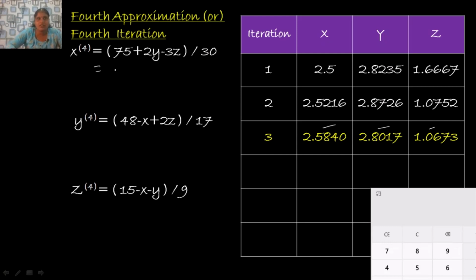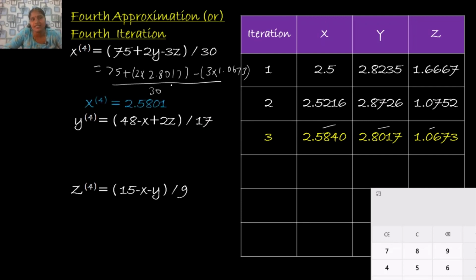In the fourth iteration, 75 plus 2 product within parenthesis y value 2.8017 minus within parenthesis you take the product of the 3 product 1.0673 over 30, and you simplifying this you get the value of x as 2.5801,